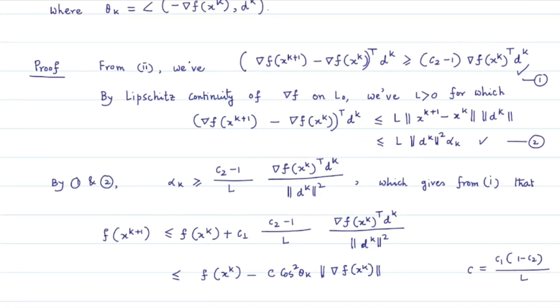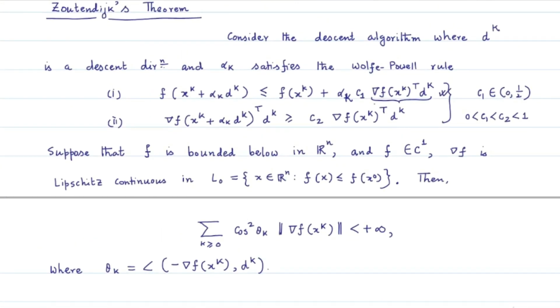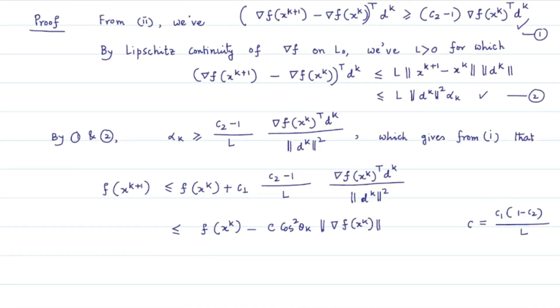Here I guess I forgot to write this factor, this bracketed factor, gradient of f(xk) transpose dk. So here we will have not just this term in the numerator but its square. So here we will then have the square of norm grad f(xk). Now from this inequality we notice that if we consider